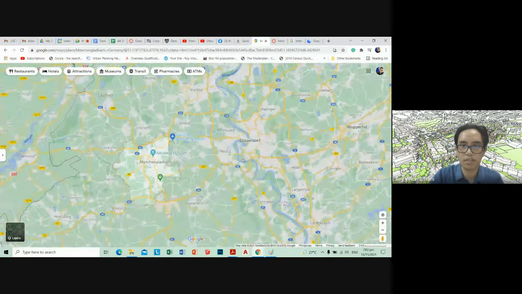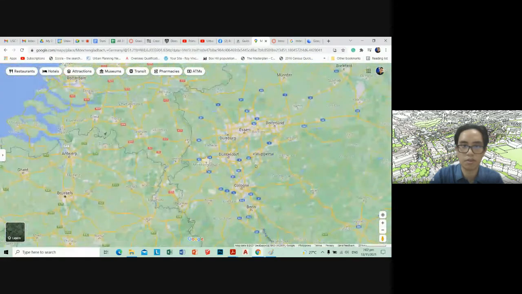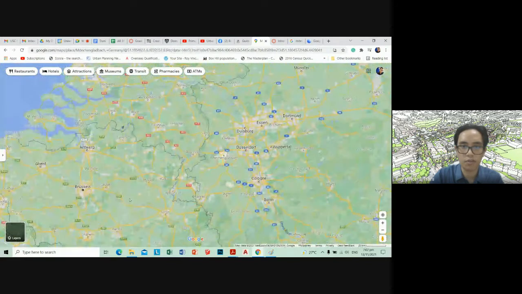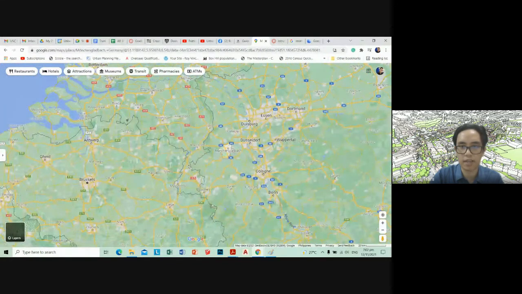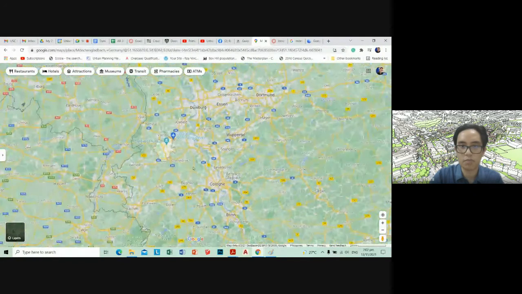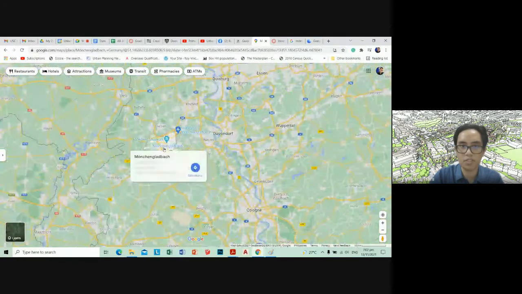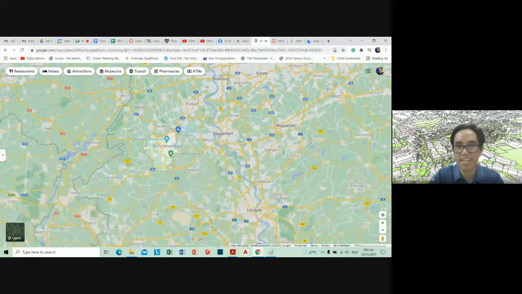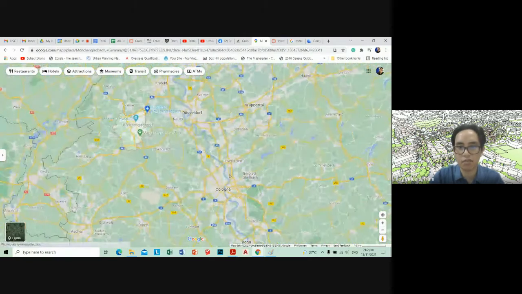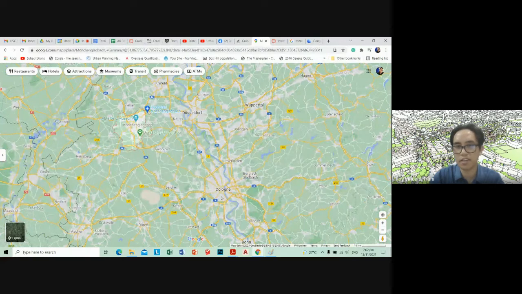So let me see here. We zoom out even further. If you look at Brussels here, it's following the concentric pattern. I'm going to guess that Mönchengladbach is a satellite city of Cologne over here. So Cologne still has the concentric sort of model, and then Mönchengladbach